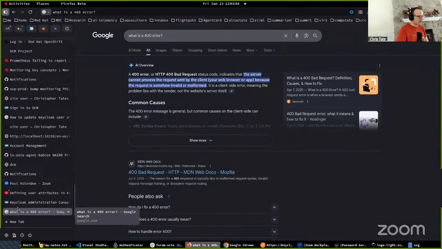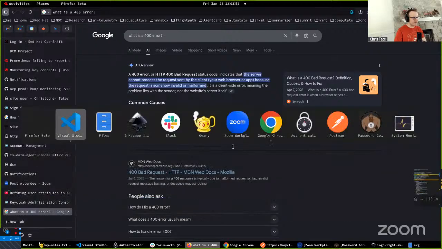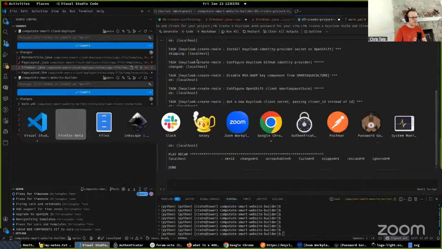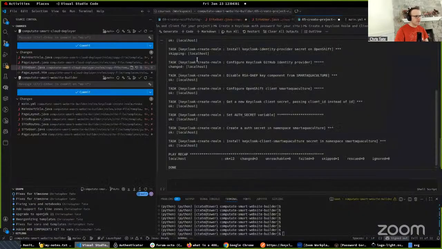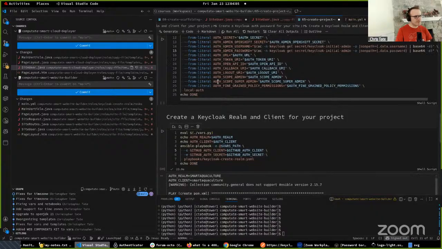Oh, maybe I actually accidentally removed the attributes. Okay, I think we're gonna fix this. The problem, let me see if this